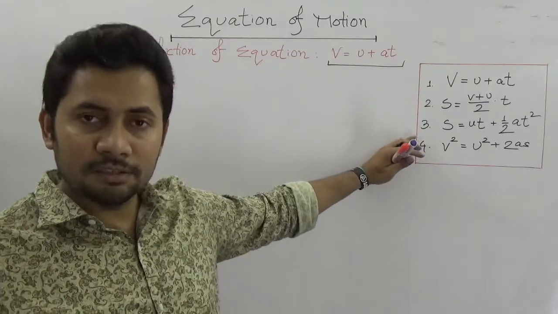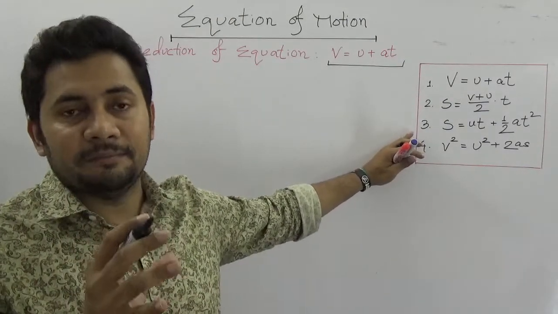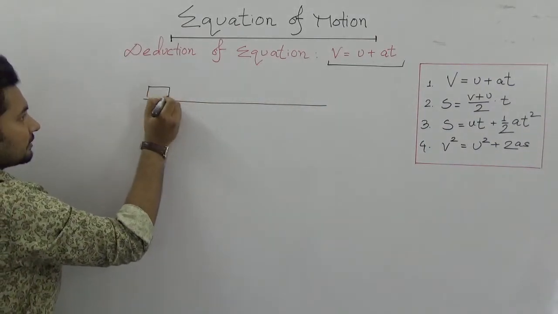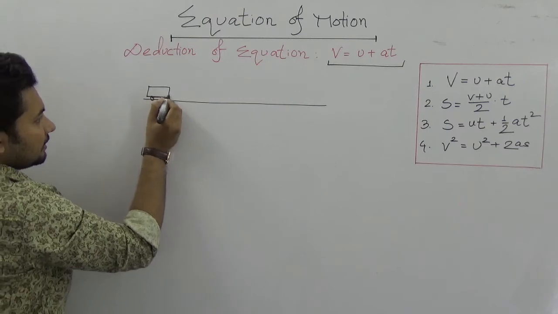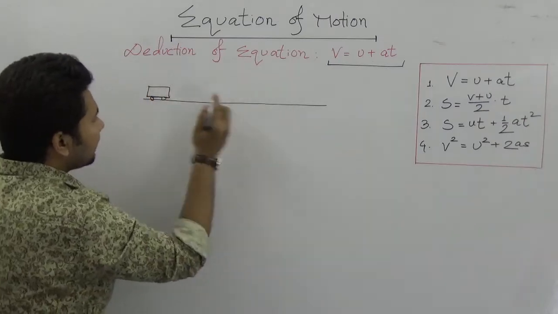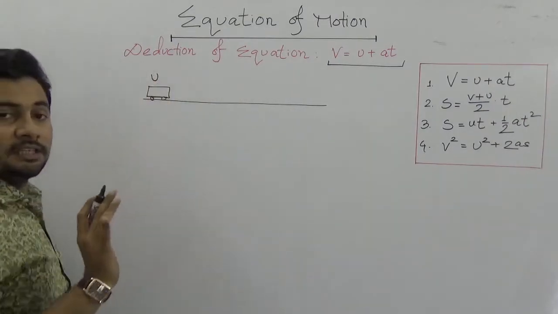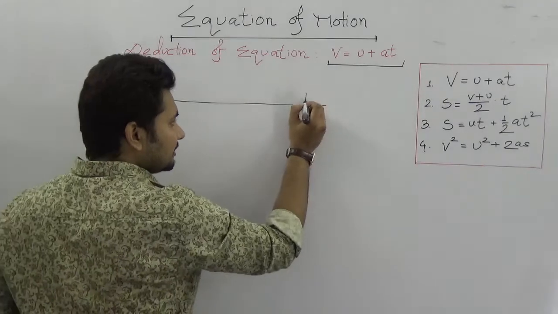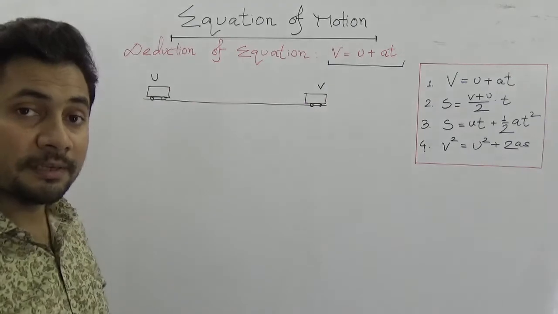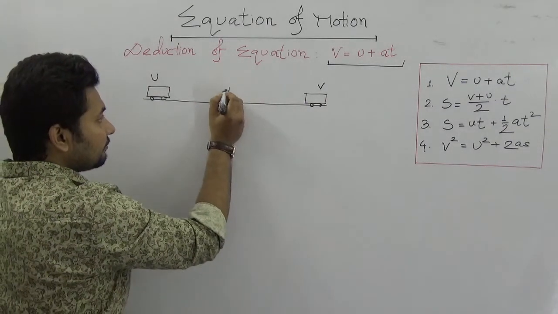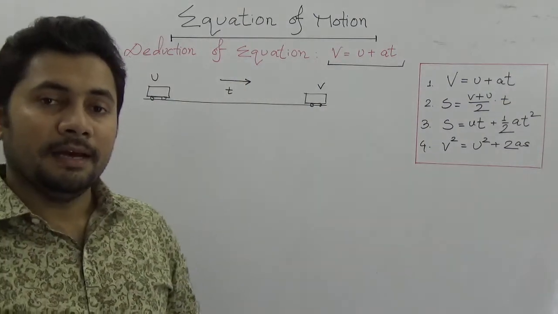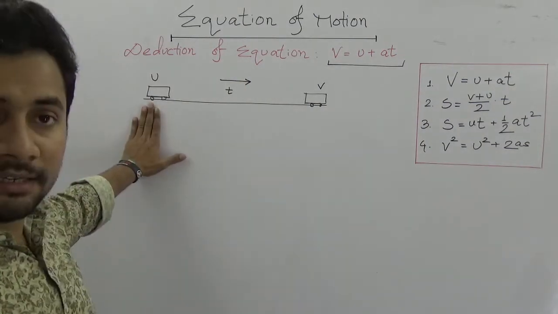If we think about a moving car moving in a straight line with an initial velocity u, and it comes here having a final velocity v in a time period of t from these directions to these directions, then let a body be moving with